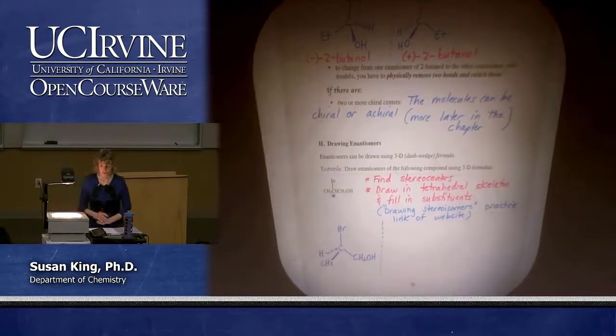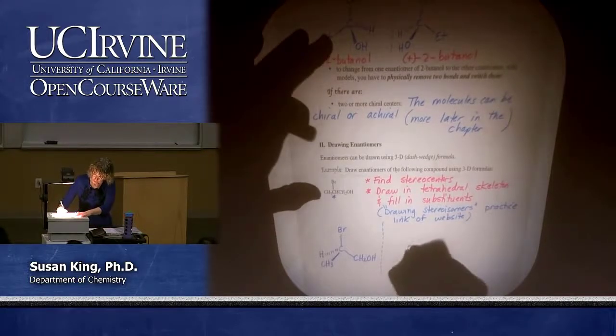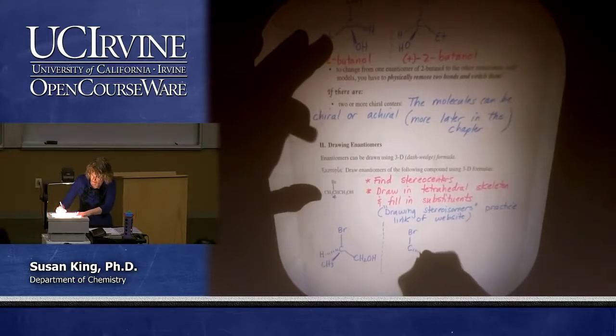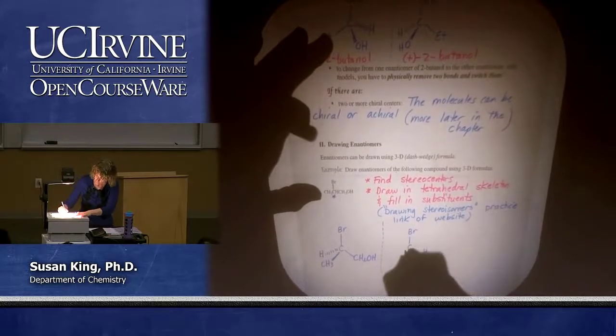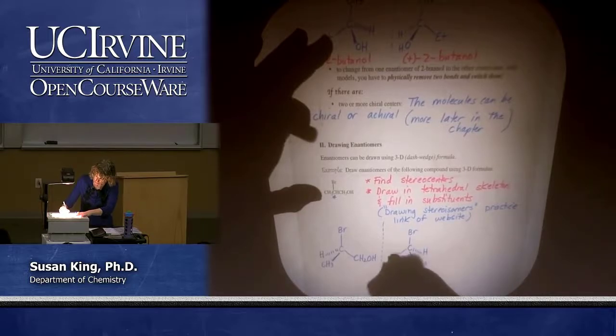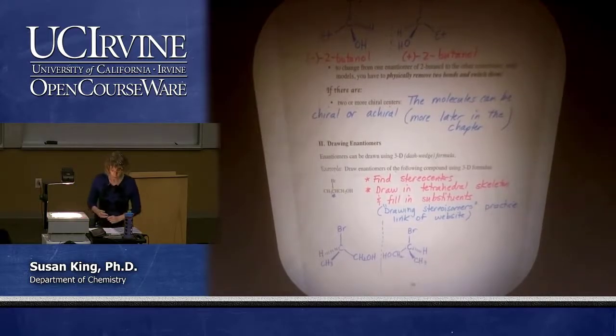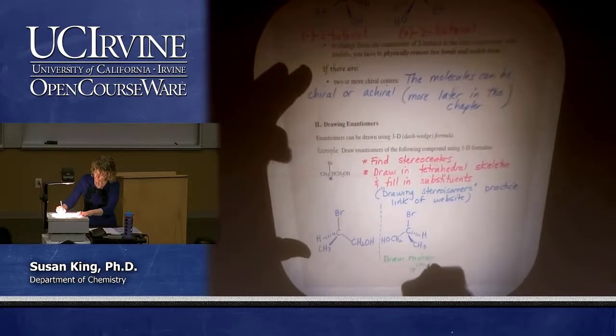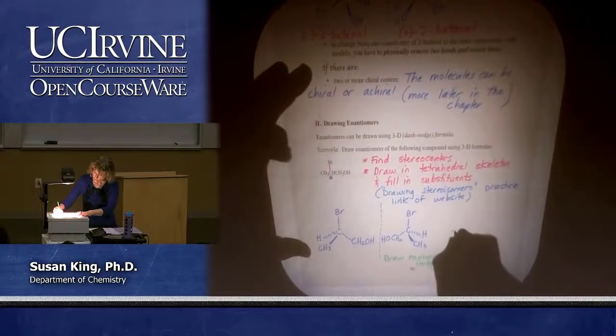And now I'm going to draw the mirror image, because it says to draw both enantiomers. There's actually 2 ways to do this. You can draw the mirror image, and so that's what I'll do first. Some people have trouble with this. So I'll show you another way to do it. So that's the mirror image. So draw a mirror image. Or,